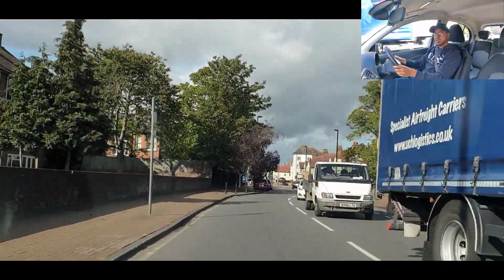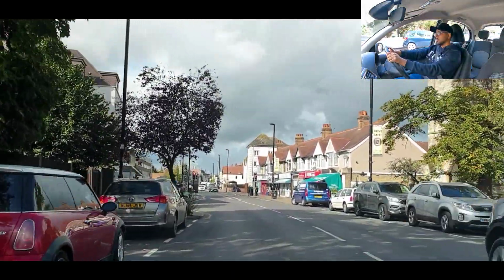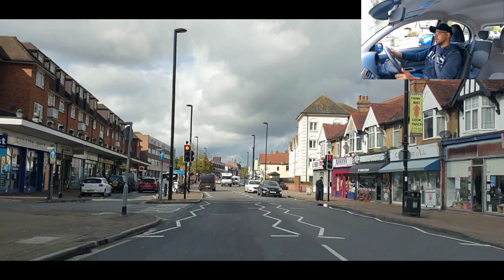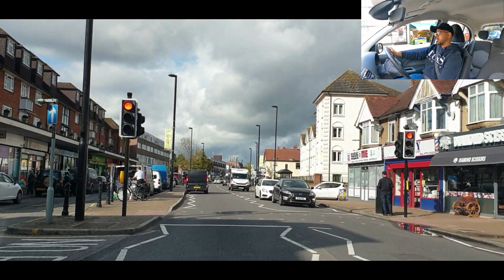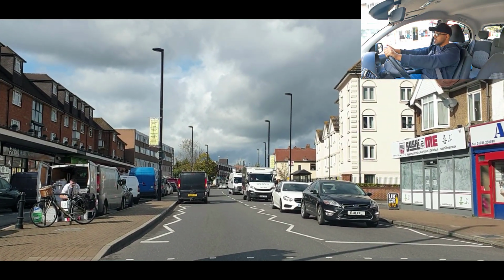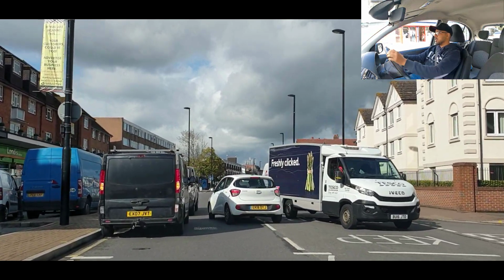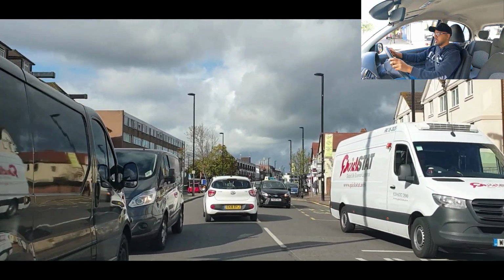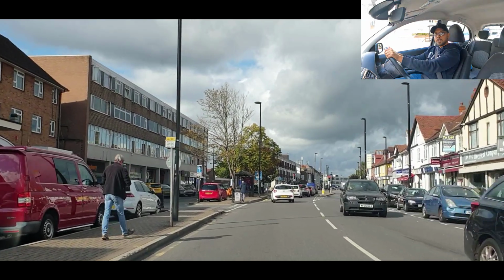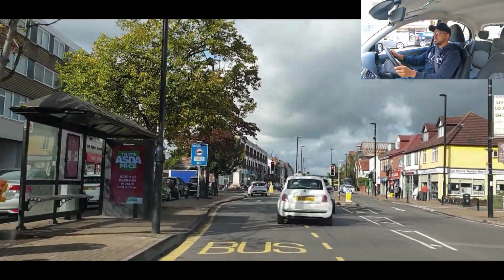Okay, check all your mirrors. You can see red lights up ahead. See a van in the way as well. So interior right, brake, going to gear 1 now. Double check that right mirror, squeeze in, up to gear 2, go down to gear 1 again. This guy just randomly stops, alright. Up to gear 2. We're gonna go left, interior left, indicate left about now, squeeze in,